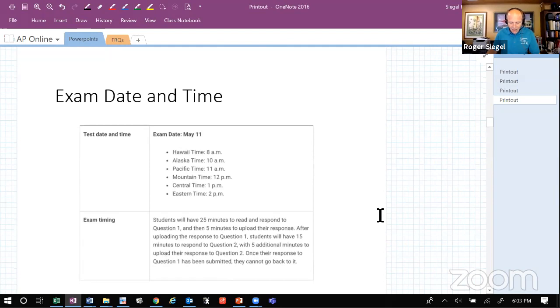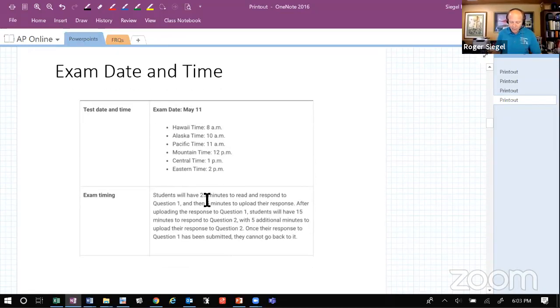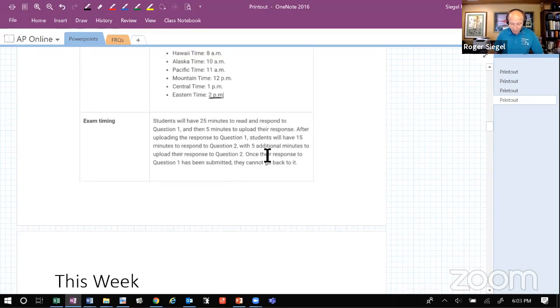Remember that your exam is going to be on Monday this year, and where you live will dictate what time of day you take the exam, because the exam is given at the exact same time all around the world this year, since you're taking it from home. I teach in the Eastern time zone, so my kids are going to take it at 2 p.m. I know we have students from all over the world, so make sure you're in communication and finding out when your exams are going to be.